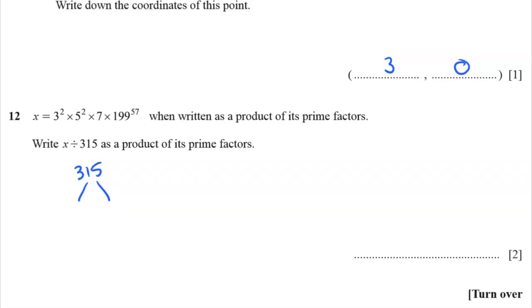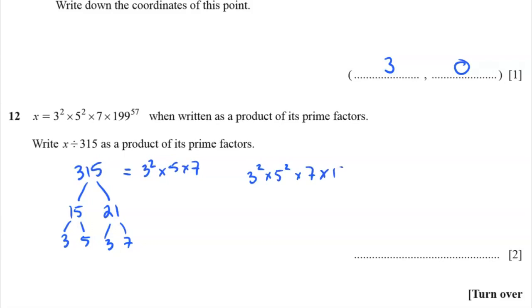Got a calculator. 315 divided by 15 is 21. I'm going to do that because it'll make my tree nice. 15 and 21. Now it's really easy. 3 5s are 15 and 3 7s are 21, which means that 315 is equal to 3 squared times 5 times 7. So what we have here in this mayhem of craziness is 3 squared times 5 squared times 7